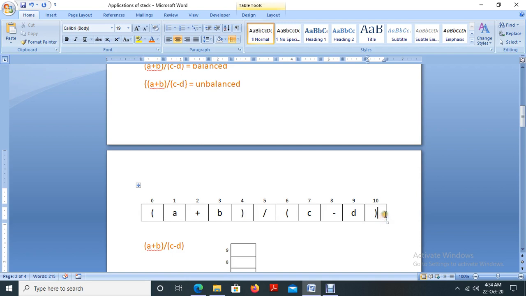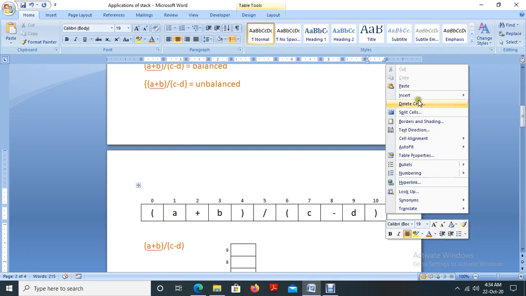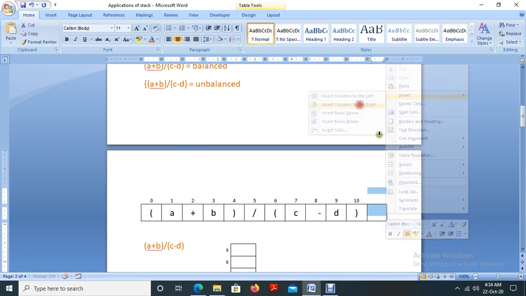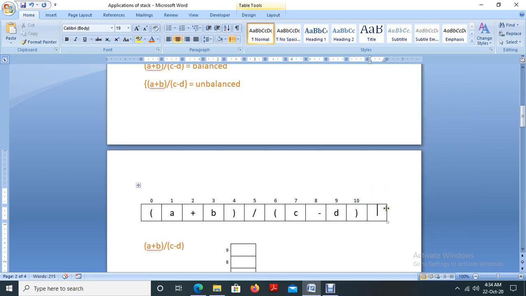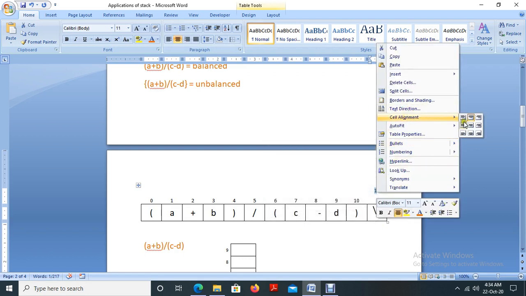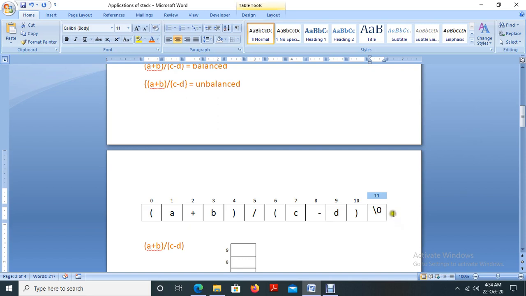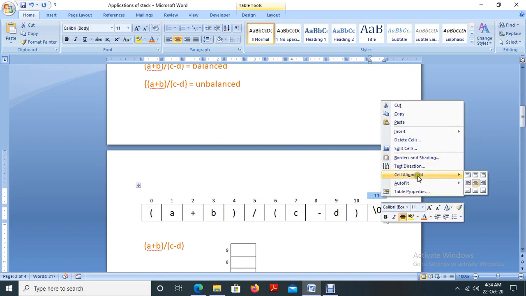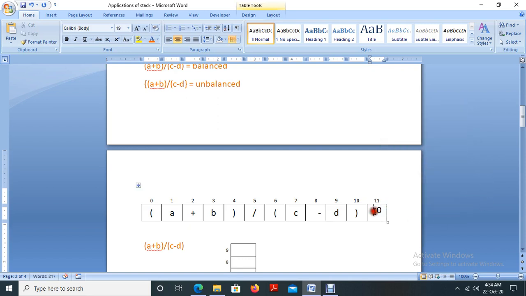And the last one will be a null character. That's the procedure for an infix expression. And here this is a null character.